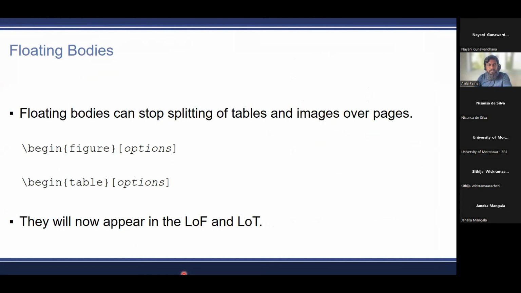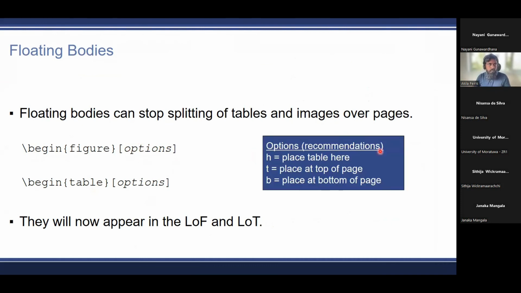So before we get there, the two important things that you have to learn is that, again, they are environments. You draw them, you put them inside figures and begin table and so on and so forth. And then you have to say where they are going to go. That is why the options are there. So the options are here.